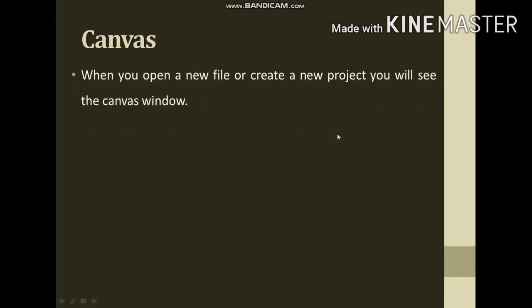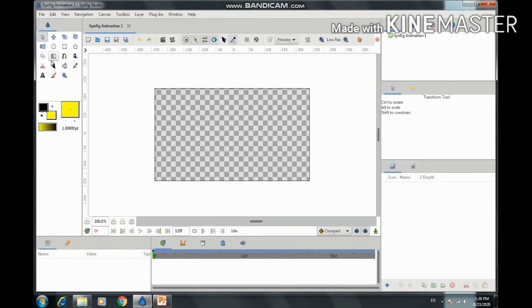Next part is the canvas. When you open a new file or create a new project, you will see the canvas window. The center part is the canvas window. See, this is our toolbox which contains different tools and tool options. All the settings are given here.